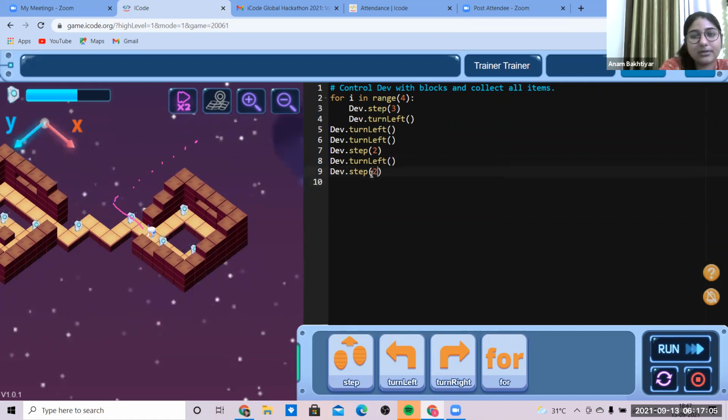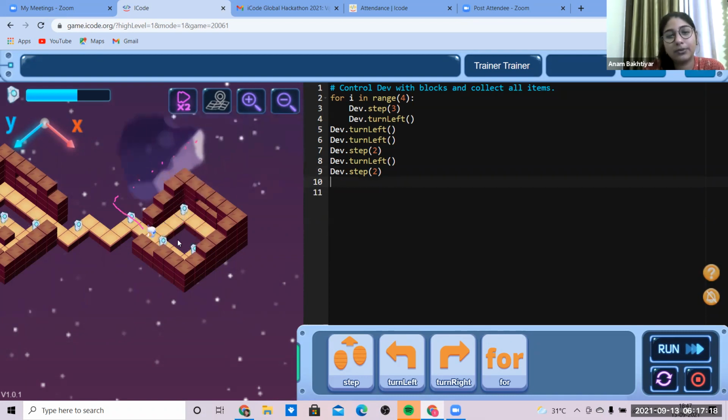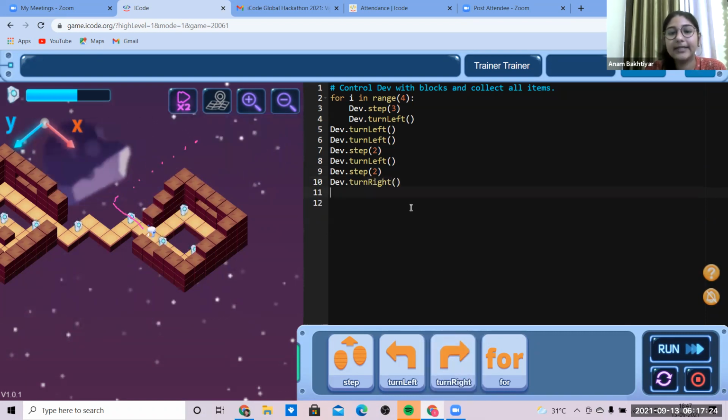Should be 2 steps. Turn right. Then it needs to take 2 steps.